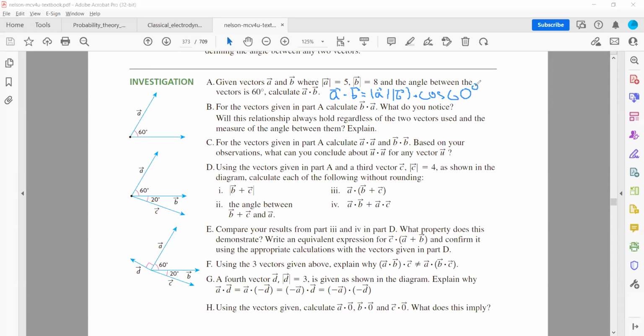At this stage, you can refer to your digital calculator or any other device that will help you define the cosine of this angle. As well, you can use the table values, and the cosine of 60 degrees is going to be